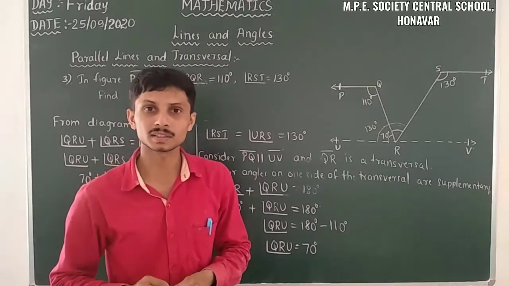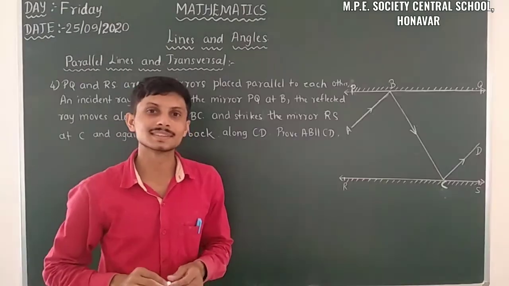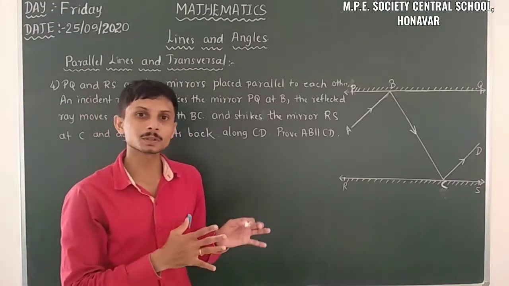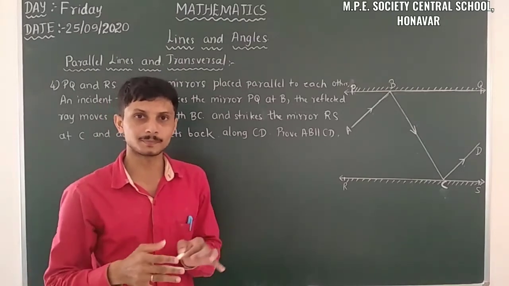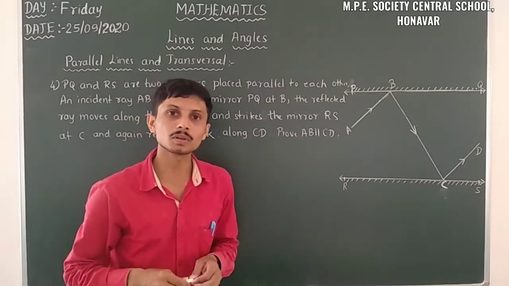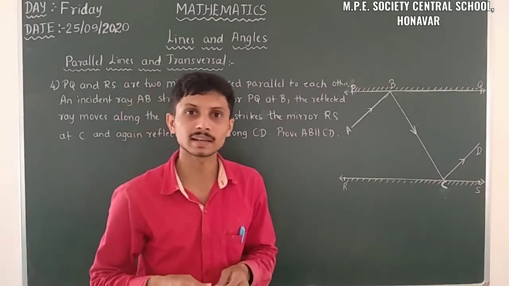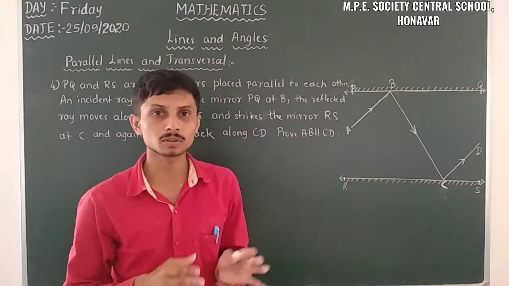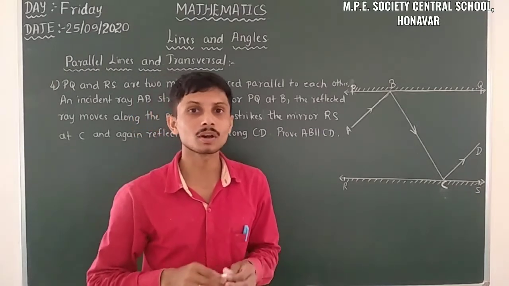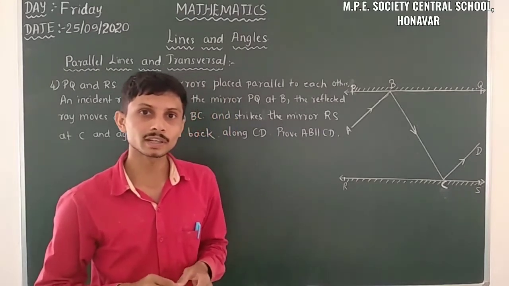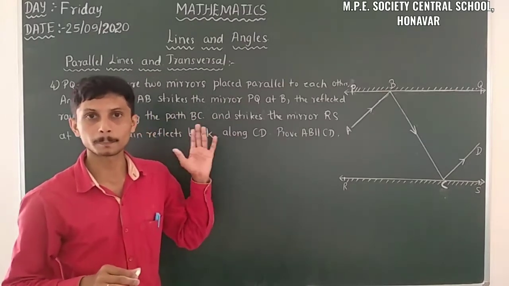There are many problems. So let us take the next problem, the fourth problem. It is quite related to physics, that is light and reflection. We already know about light and reflection from the 8th standard, where we studied the laws of reflection. This problem is related to one of the laws of reflection. So let us discuss this fourth problem.